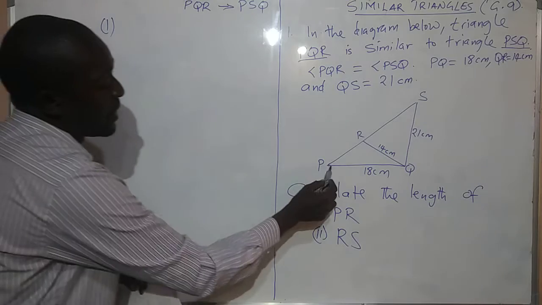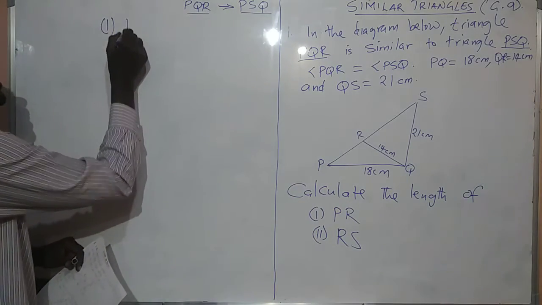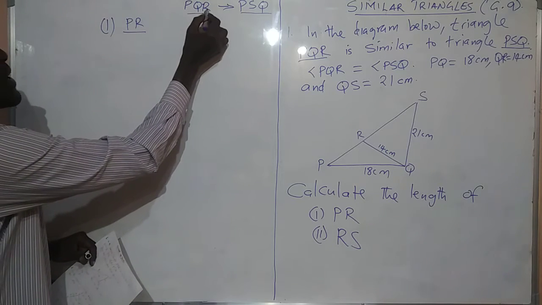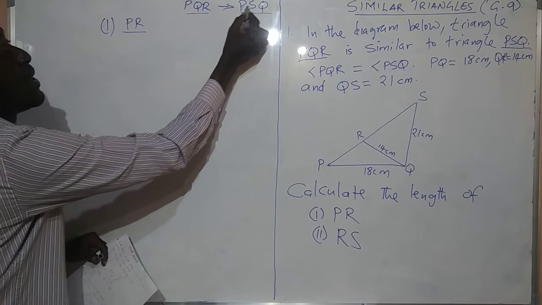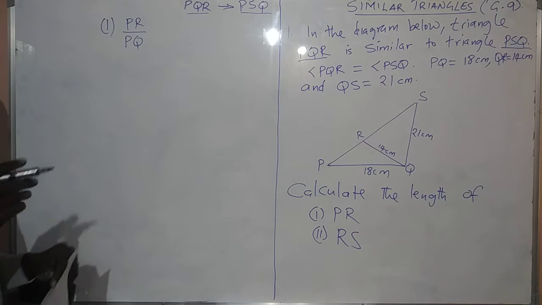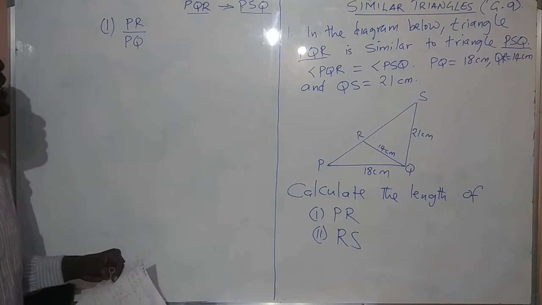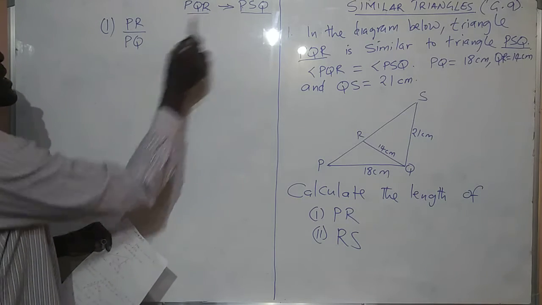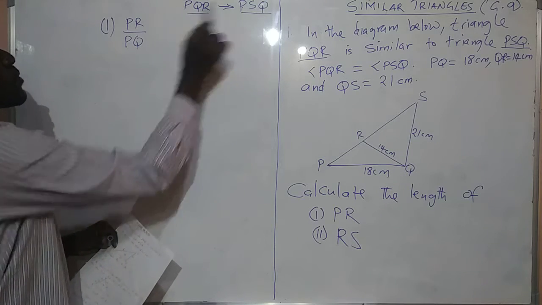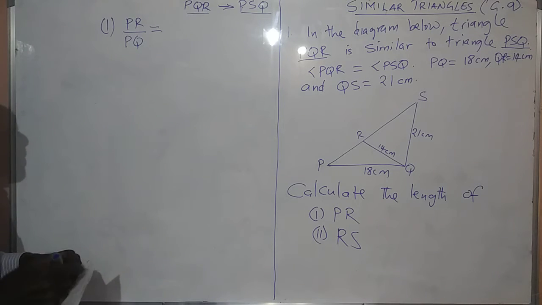PR is here, and when we look at the two triangles, we can see that PR corresponds to PQ. P is the first letter, R is the last one, so you divide it by PQ. That's what we call corresponding: they occupy the same positions, but in two different triangles. P is the first letter here, P is the first letter there. R is the last one there, Q is the last one here. So you have PR over PQ, and this should be equal to